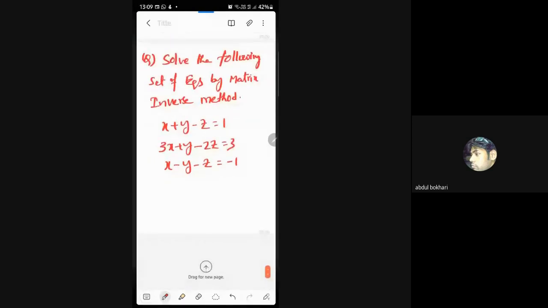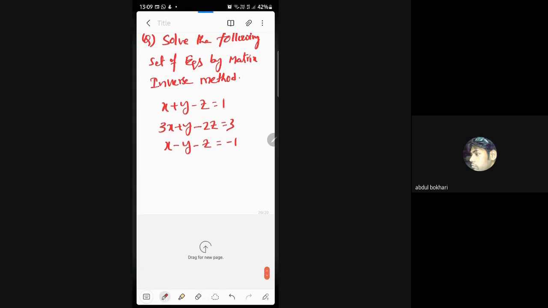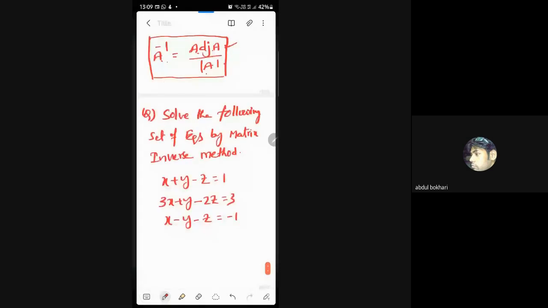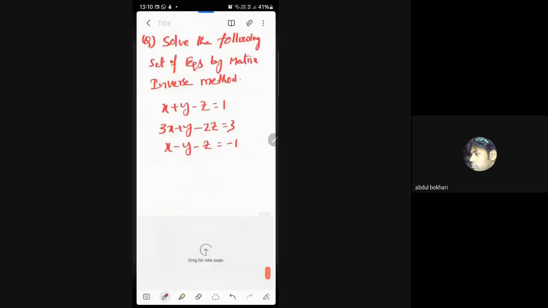Now, even though it is inverse method, the initial steps are same as Cramer's method. That means first we need to write three matrices from these three given equations, that is coefficients matrix, variables matrix, and constants matrix. After that we need to go for det A. So when det A is not equal to 0, then only we need to further proceed for inverse method. If det A is equal to 0, then there ends the question. So now those basic steps we will write same as Cramer's method. So I'm writing the solution.